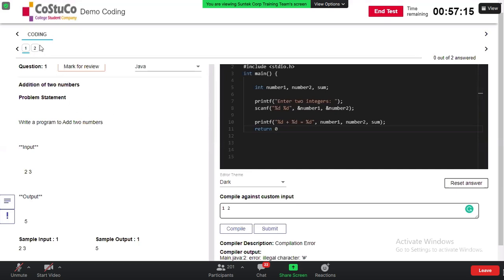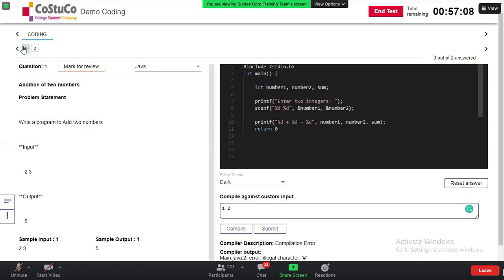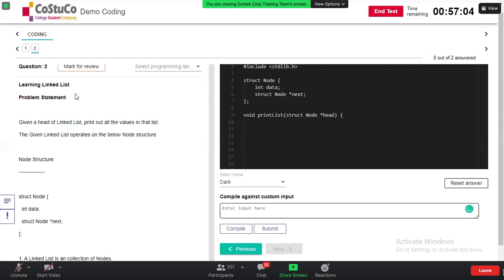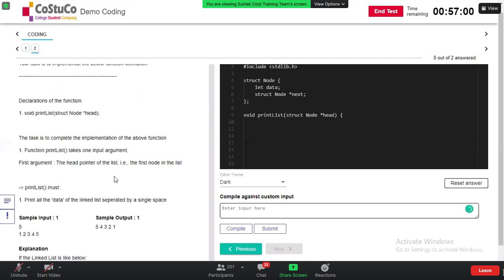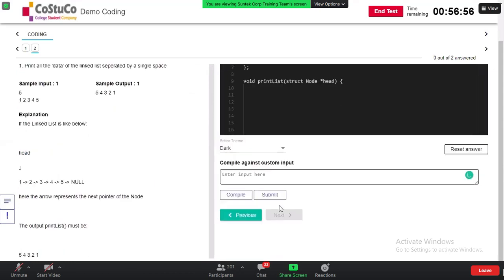And after the first question, you are free to choose anything. You can either start with the second question and go back to the first question, or the first question and second question also. Anything is fine, and you have to read the instructions properly and carefully read the complete question and understand. And again, I'm saying submit is different, compile is different.